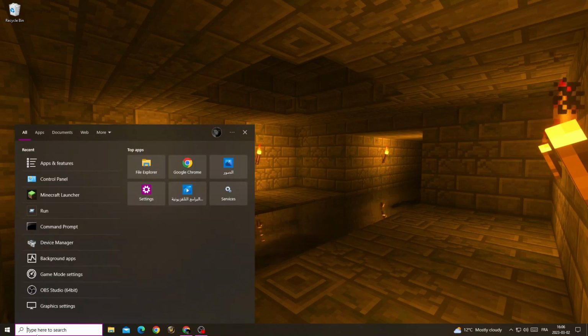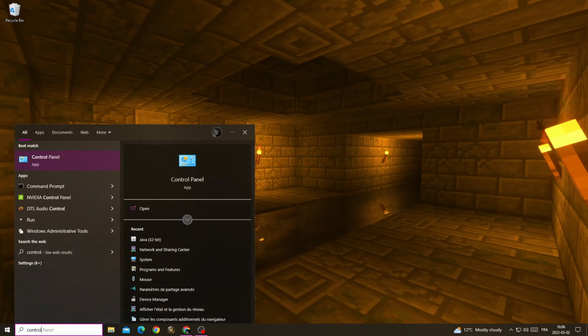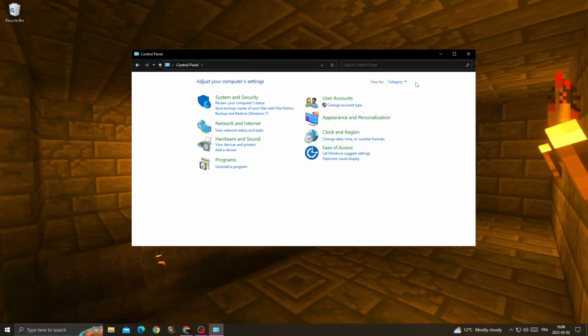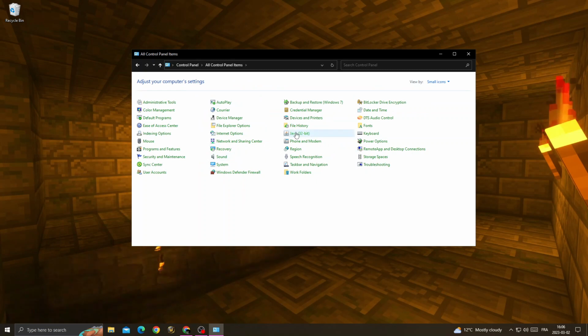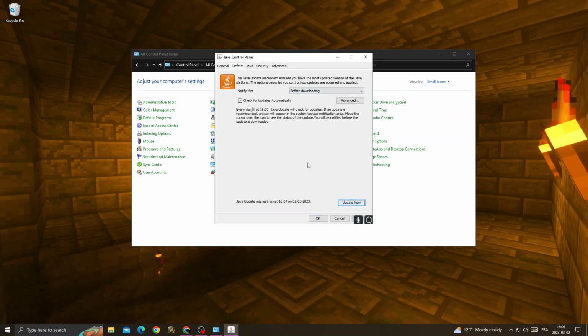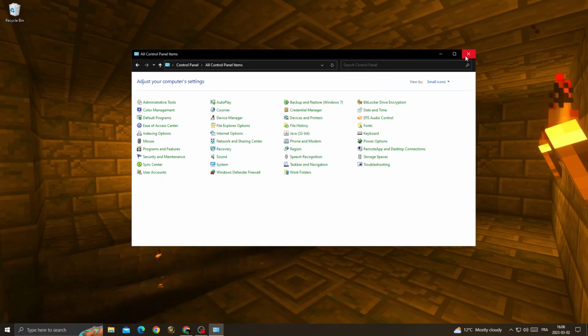and then go back and go to Control Panel. Now if you find Control Panel like that, click View by and make it small icons, then go to Java, and now go to Update and click Update Now and make sure your Java is updated, and after that close